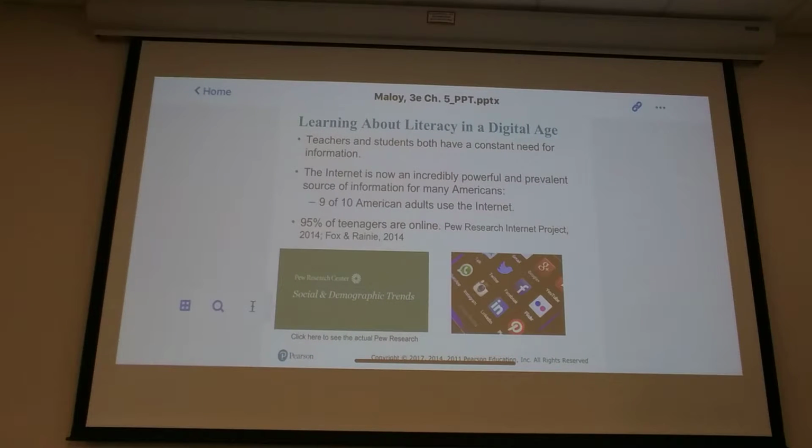Okay. So, teachers and students both have a consistent need for information. Yeah, we do. That's all we do. We are constantly on these phones. We are constantly looking at stuff, and it's an incredibly powerful tool, but it could get away from us. It's saying 9 out of 10 American adults use the internet. It's probably more like 9.9. And 95% of teenagers are online, and that includes 13 to